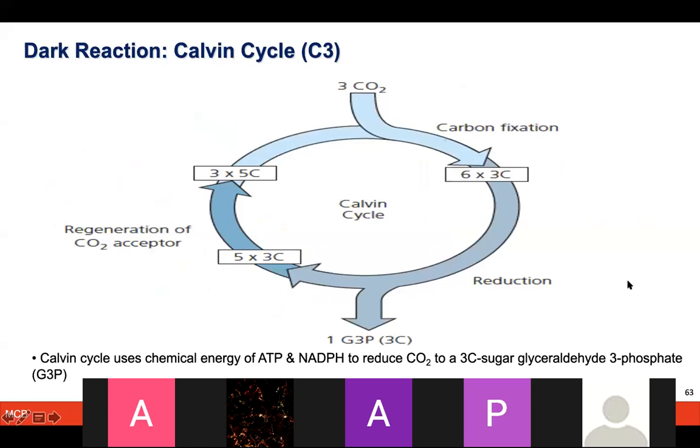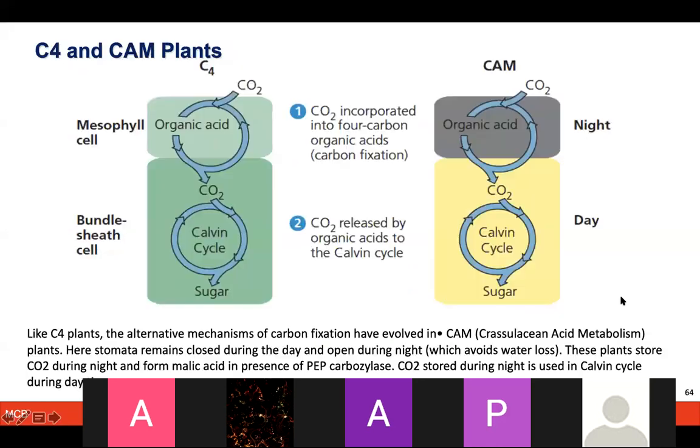Now the Calvin cycle, I already briefed you that the 3-carbon sugar, glyceraldehyde 3-phosphate, is the most important entity over there, which is why you have to understand why we name the Calvin cycle the C3 cycle. I'm not going to ask you questions about the intermediates of the Calvin cycle. That is just for you to understand the steps, but not essentially to ask you all the enzymes and the reactions of that.